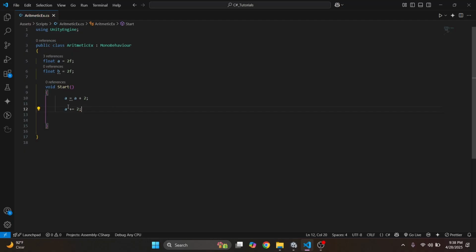So what this will do is perform the operation of addition, and it will also assign the value. Here it does the addition and the assignment in one step. And here we are making the expression longer. So this was about the compound assignment operator,